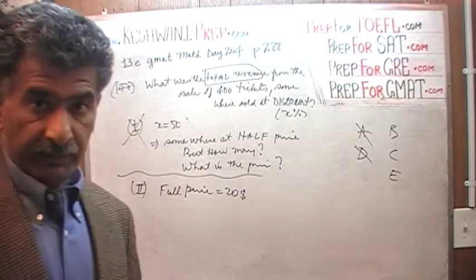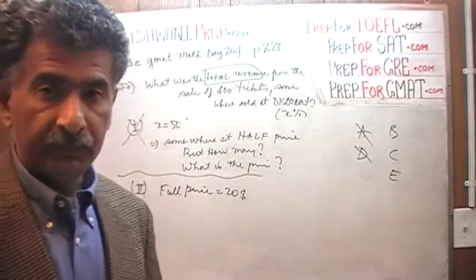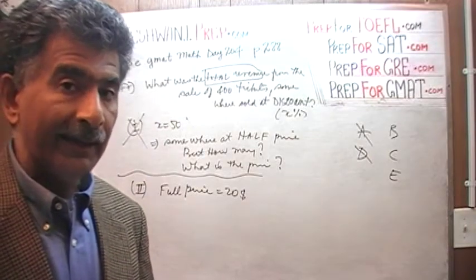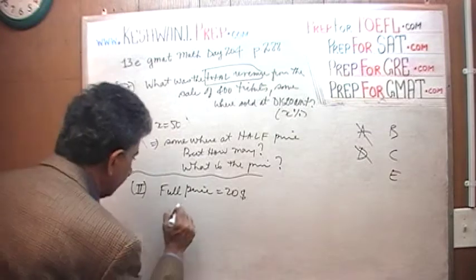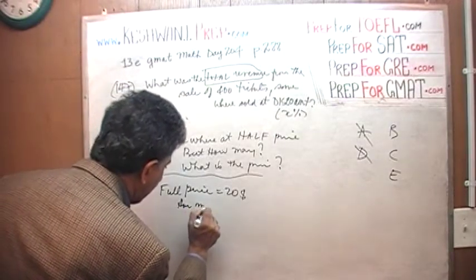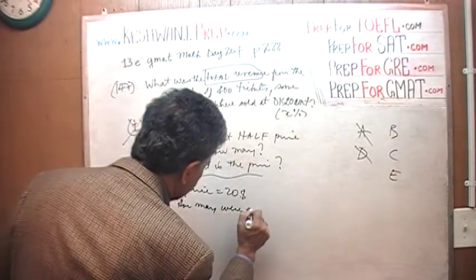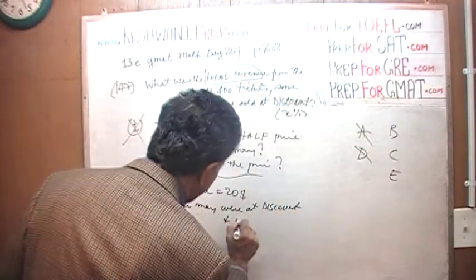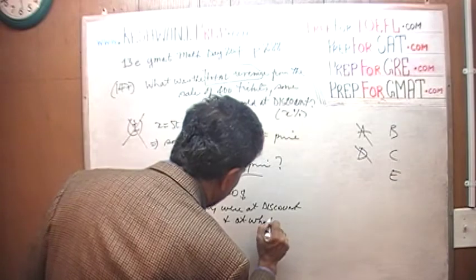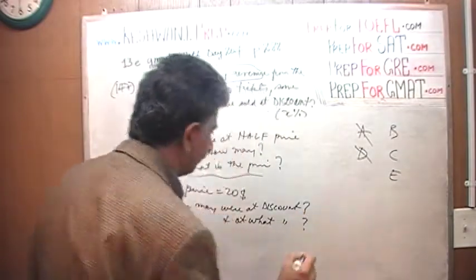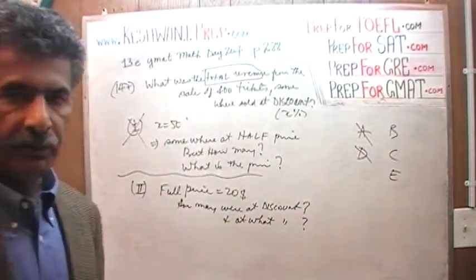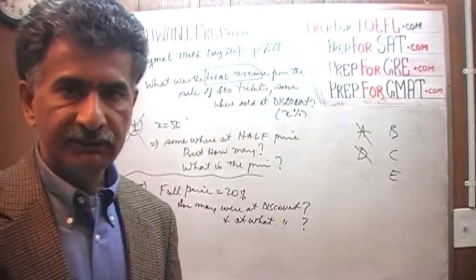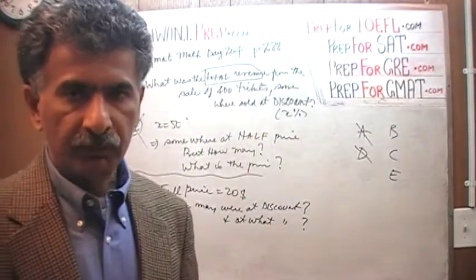But that doesn't get us anywhere. We know the full price now, but we do not know how many were sold at discount and at what discount. How many were sold at discount and at what discount? We need to know that. We need to know how many were sold at discount so we can figure out how many were sold at full price, and we need to know what the discount was